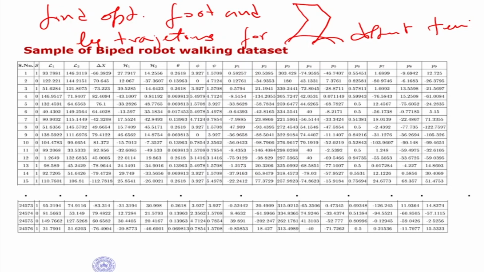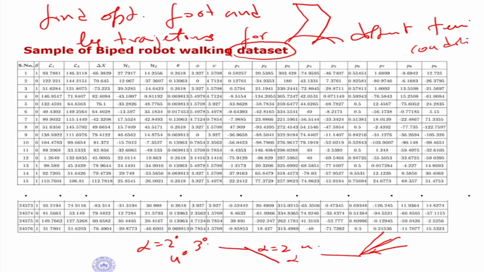Once you have made this database, now we have to train some kind of learning algorithm. In our case, we have simply used a neural net. So it basically means that, given the angle of the terrain, it can find out what is the suitable trajectory that is optimal for that angle. That's what this is doing. Okay, and if there is some trajectory in between, then it can interpolate. What does that mean? Because I have taken alpha equal to 2 degrees and then 4 degrees, suppose there is a 3 degree terrain, now what will it do? It has to interpolate the trajectory. Okay, so once you train something like a neural net, it can do that very, very easily.